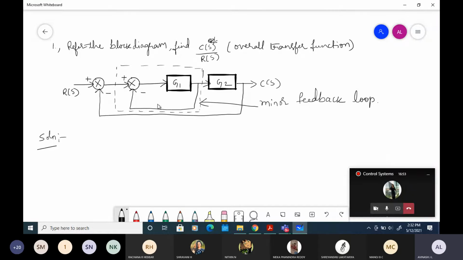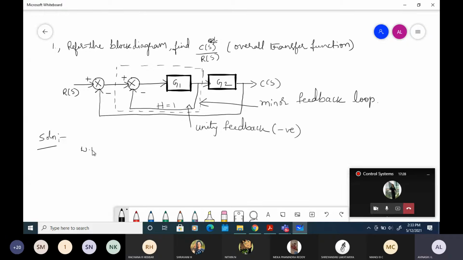So feedback equal to what here? H equal to 1. That means feedback line is there, so you can consider it unity feedback. Here negative sign is there, so you can say it is negative unity feedback. Do you have any doubt in this one? No, sir. So now once we consider this one, what is the equivalent for this particular block?